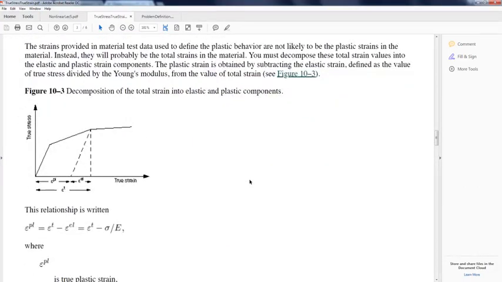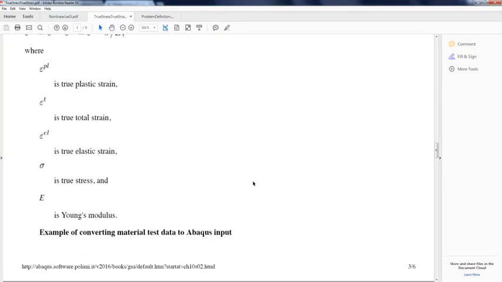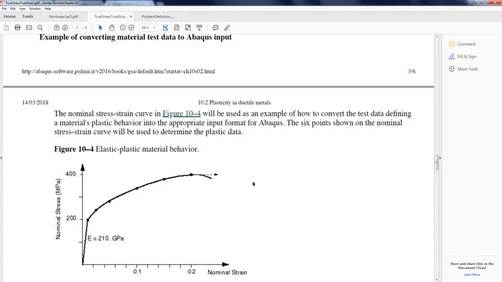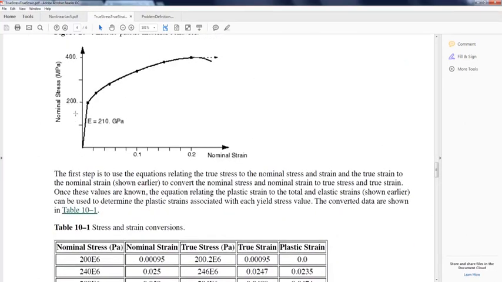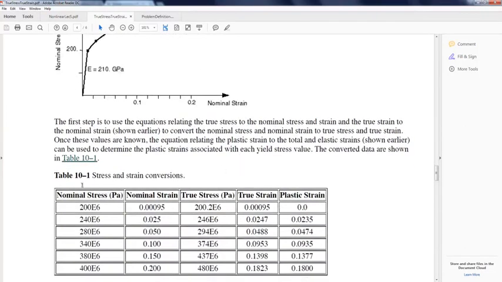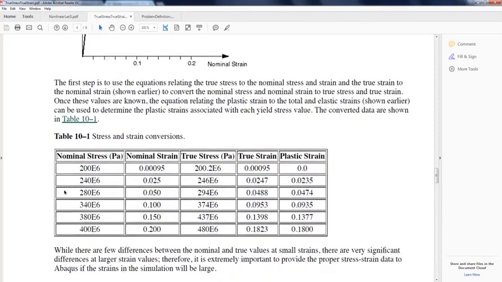So this can be easily coded in an Excel sheet, and then you can basically take the values of this curve and reproduce it into a true strain, true stress curve.